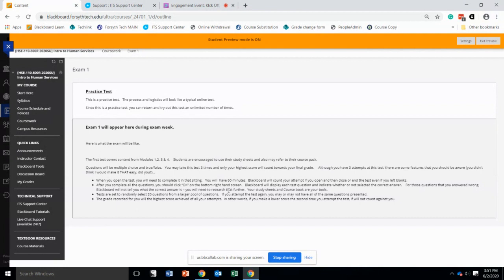There'll be true, false, multiple choice. You'll click OK at the bottom and you'll get 20 random questions. So if you take it a second time, there'll be 20 questions about the same topics from Module 1, 2, 3, and 4, but they won't be exactly the same questions. It's from a pool of questions. I only will have your highest score recorded, so you can take it again with no risk. If you take it one time and your next score is lower, it's not going to count against you. So a lot of reasons to go for 3 rounds with that.